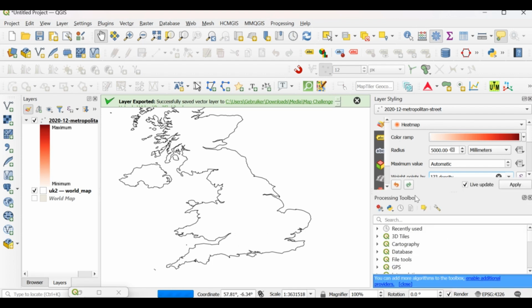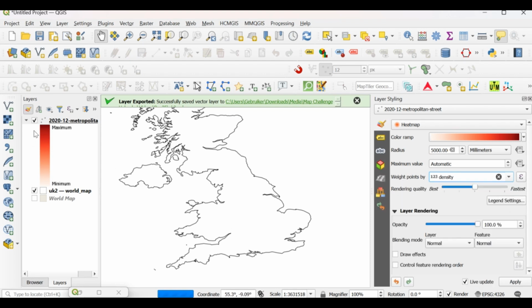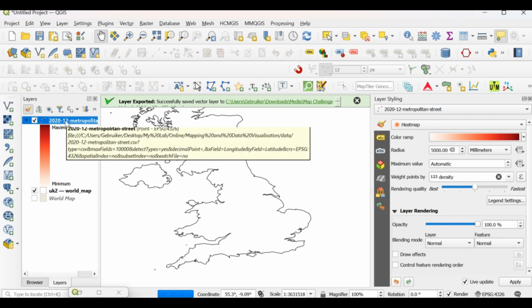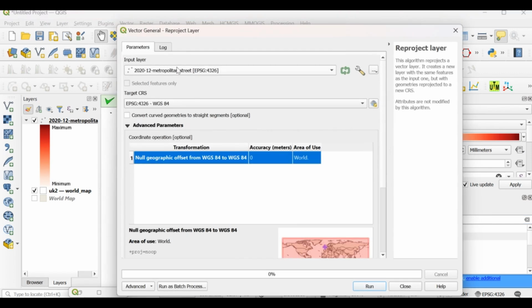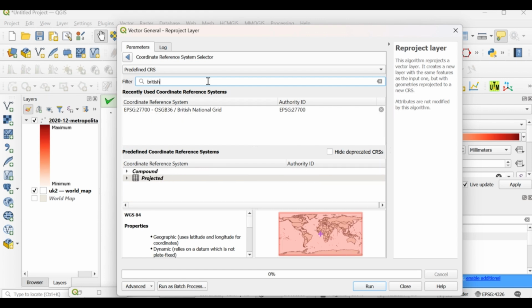For you to work with such estimation based on a locational processing tool, it's always a good idea to reproject this data. So what I'm going to do is to reproject this. We are using this points data, and then we can change this to the British National Grid.